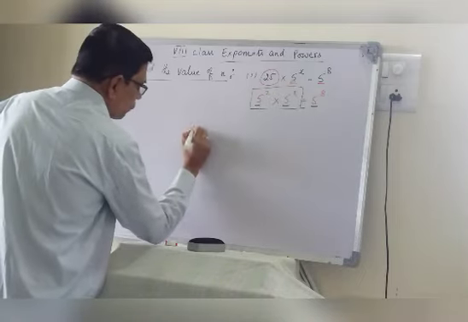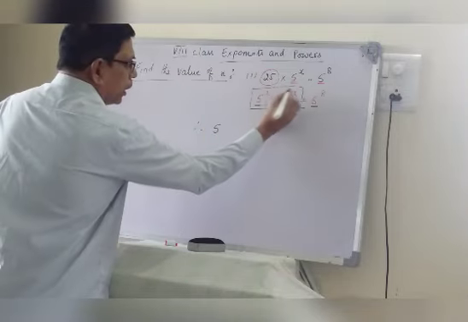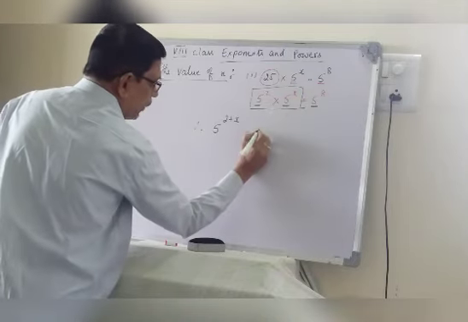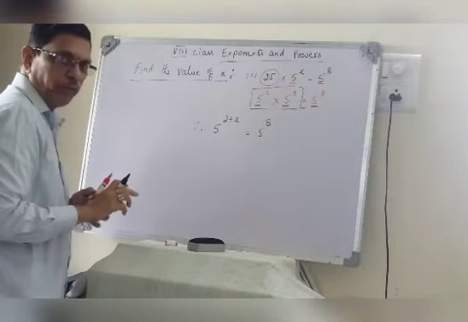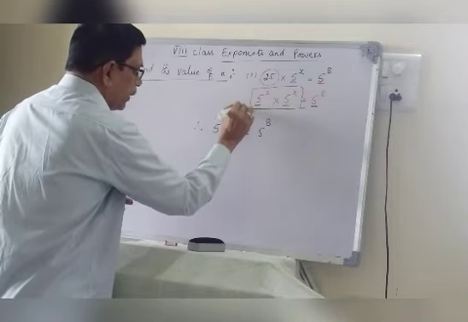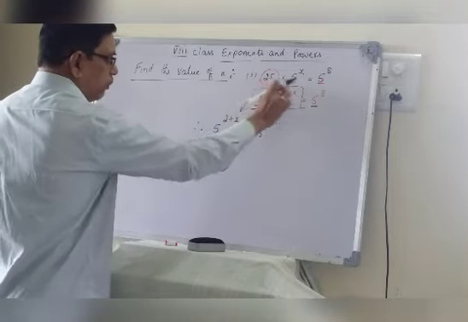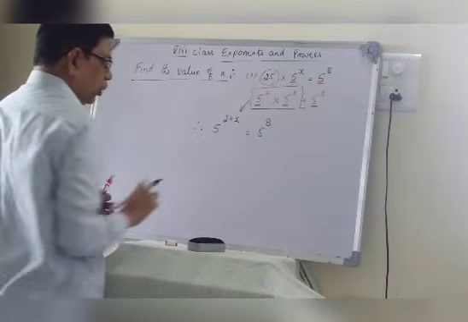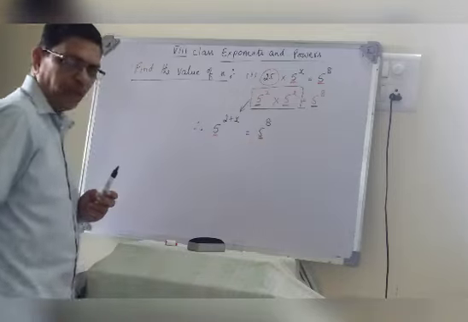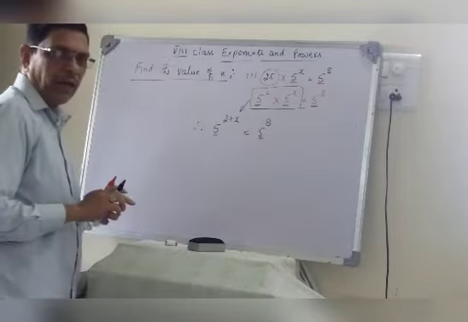Therefore 5 to the power of 2 plus x is equal to 5 to the power of 8. Have you followed, all of you? 5 to the power of 2 into 5 to the power of x को हम कैसे लिख सकते हैं? We can write like this. 5 to the power of 2 plus x, when the bases are same, powers should be added, is equal to 5 to the power of 8. Now here what is the base? Here the base is 5 and here also the base is 5. बीच में हमारे पास क्या है? बीच में is equal to है. So we have an equal to.